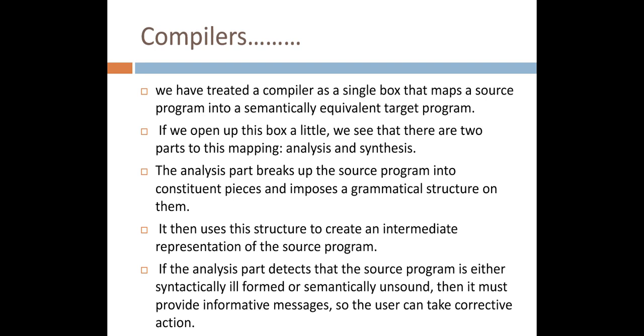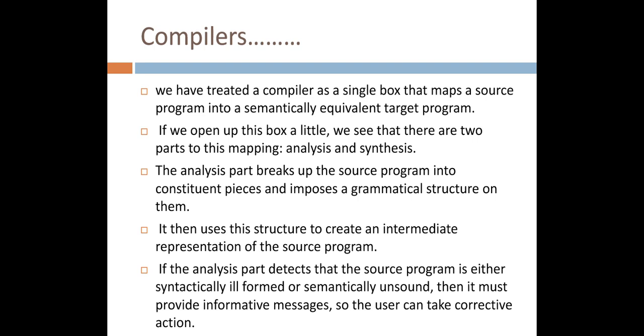In this single box we have two important parts: the analysis part and the synthesis part. Using these two parts only, we are going to perform various processes in this structure of compiler. Basically in structure of compiler, as already discussed, we have 7 different phases. So we must know what the various things are that we perform in each and every phase.